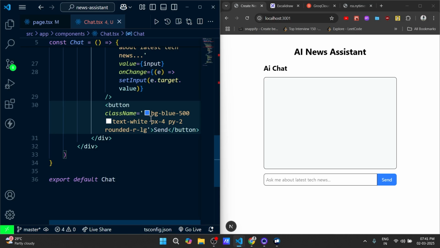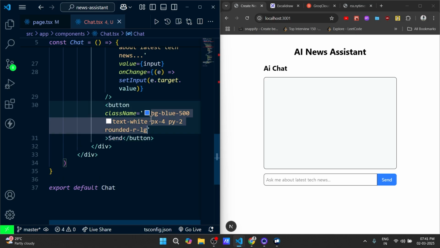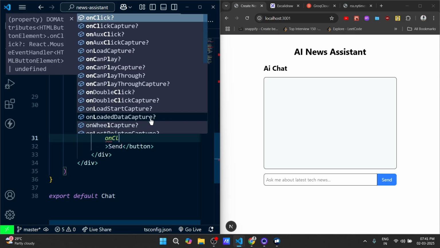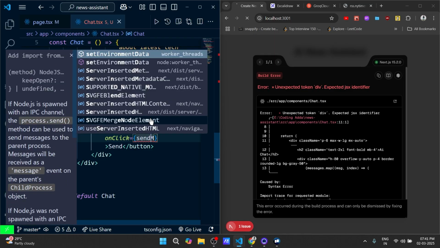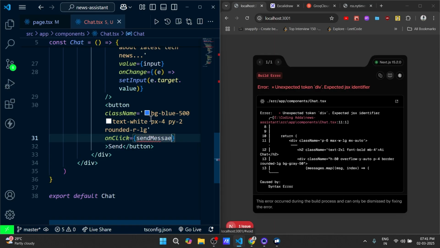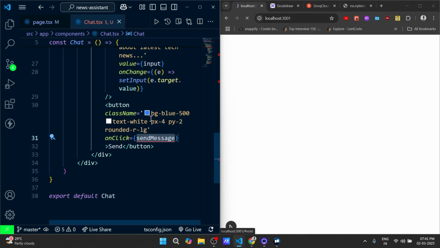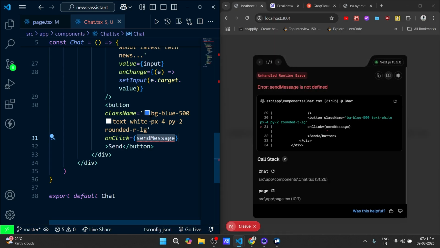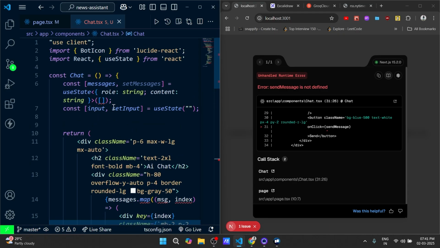Okay, and on clicking, obviously on click we have to make an API call. So we'll write on click send message. Okay, now let's create the function which will do the entire working and make the API call. Okay, so we'll have the function over here,